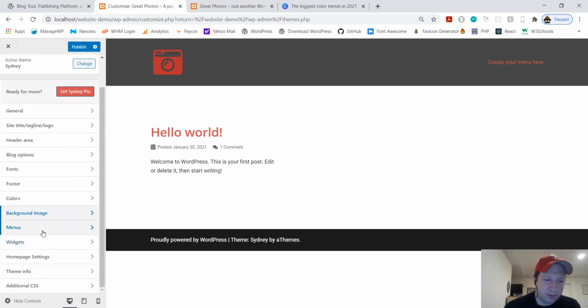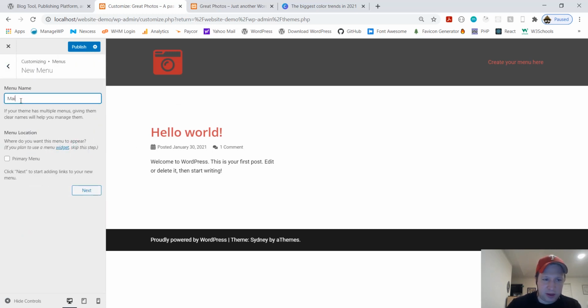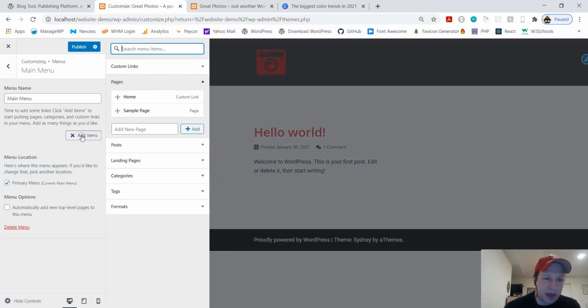Menu. Here we go. We're going to create a new menu. We're going to say main menu. You can call it anything you like. Select primary menu, which means it's going to go up here as your primary menu. Okay, see there's our donate button that we created earlier. Now we're going to add an item to our menu. Okay, so we're going to create pages at the same time that we add it to our menu. So it's pretty convenient. So first page we're going to add is home. And yes, I know it says it up here already, but don't worry, we're going to do that again.